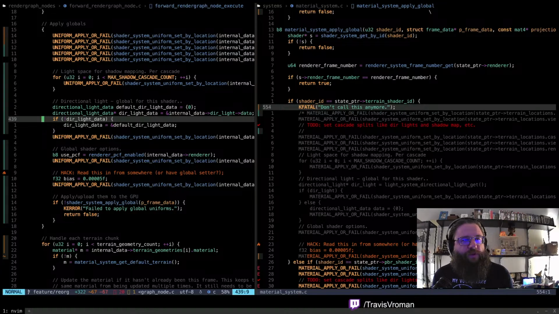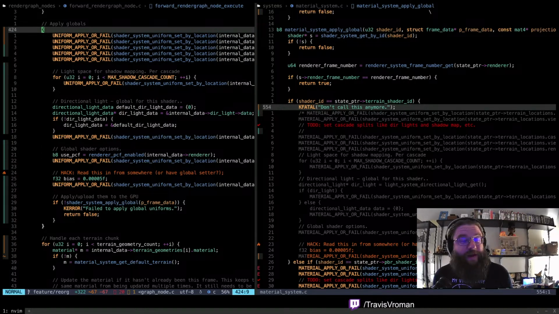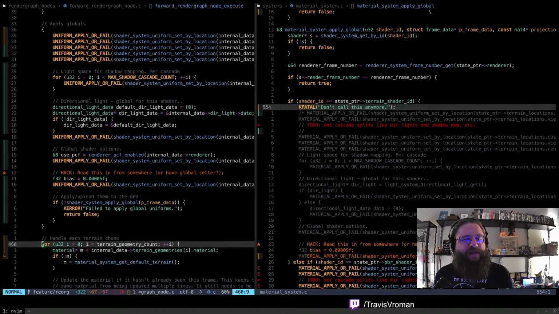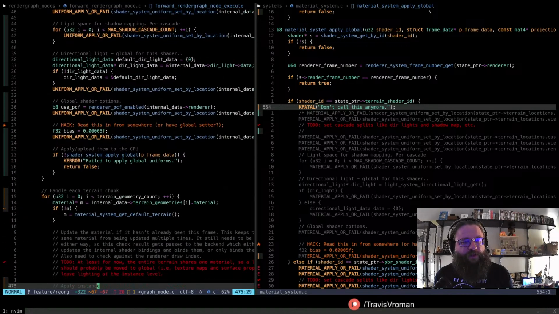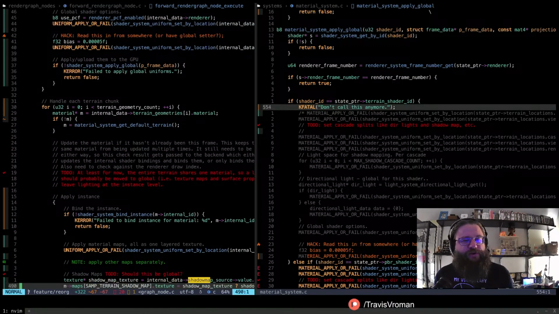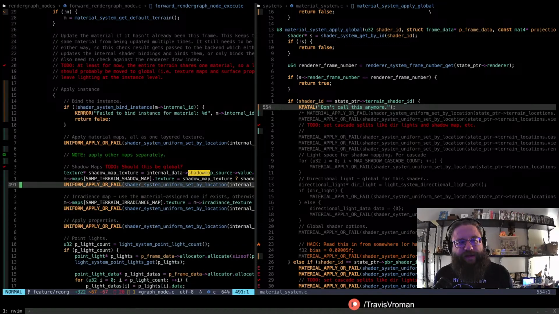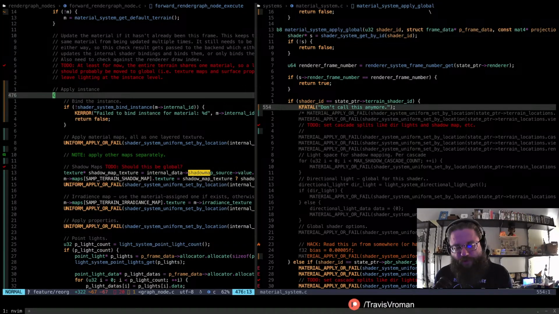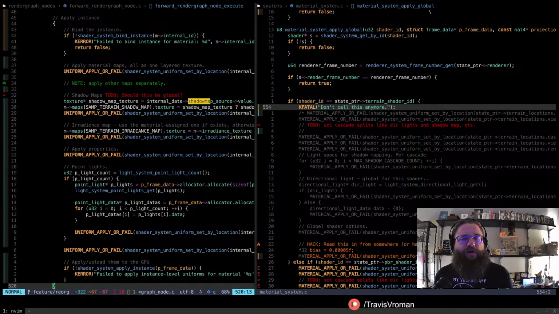So we have our globals that has that logic moved over for terrains. And then we have each terrain chunk here, and our terrain chunk has instance data that has to be applied. And I've gone ahead and moved the instance data for those terrain geometries as well.